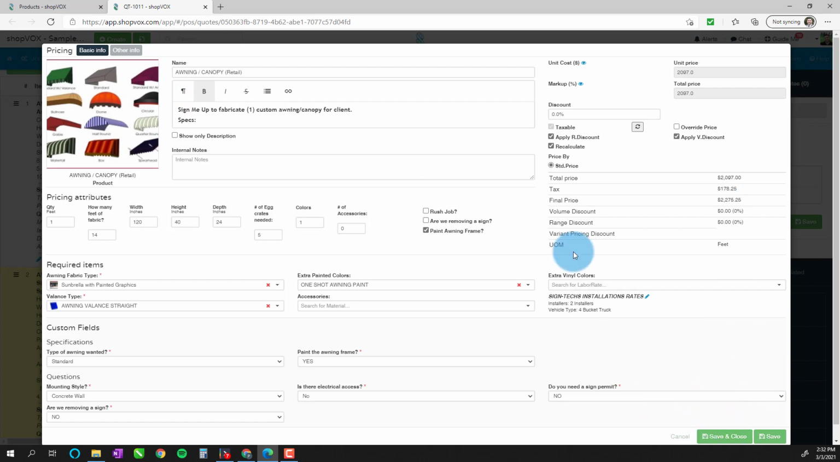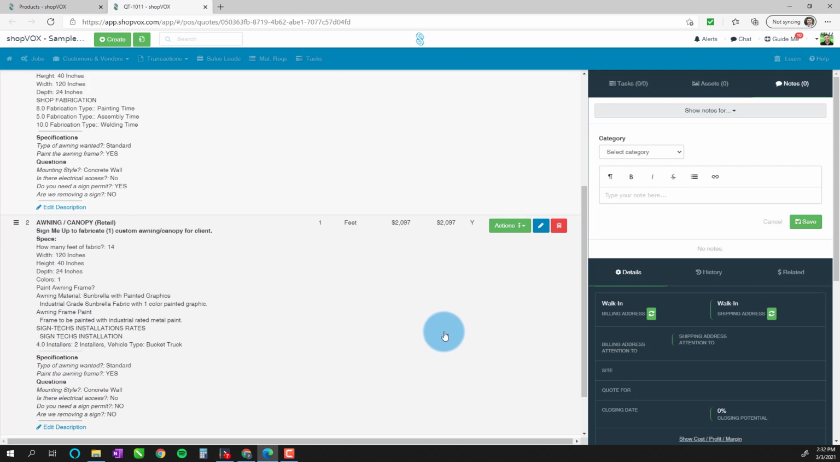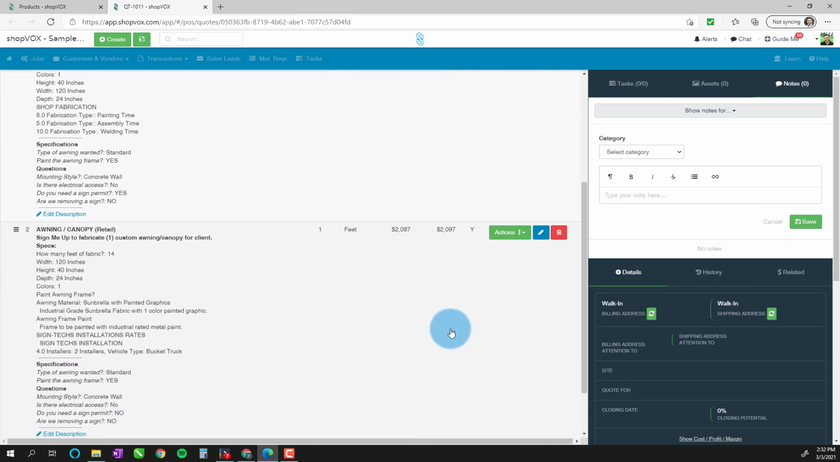All right, so that's it for awnings. I hope that you enjoyed this product. It is a cool product. It's a product that we took a long time to build for our shop, and I wanted to share that